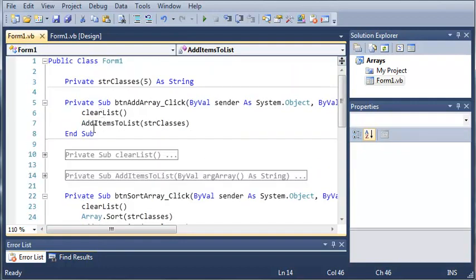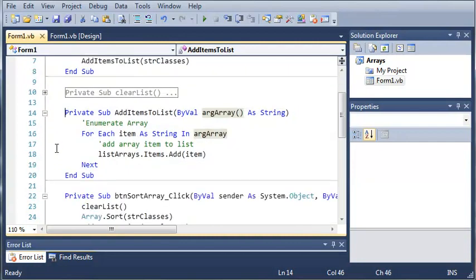So go ahead and create a couple functions or subs and pass arrays to them. You can do whatever you want with them once they're in that sub, and then once you know how to do that and you're not going to forget it,